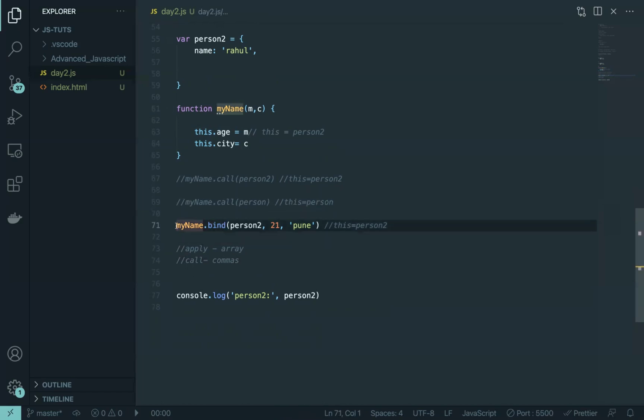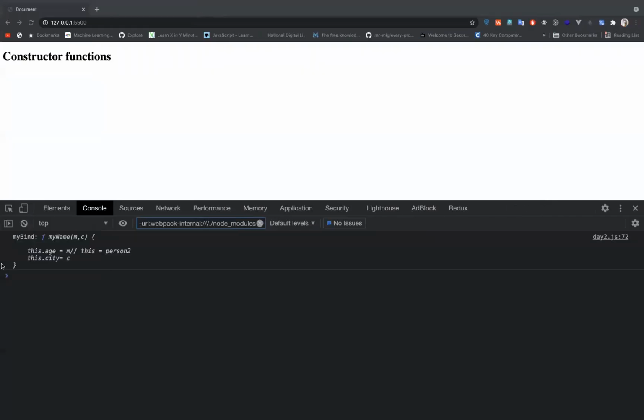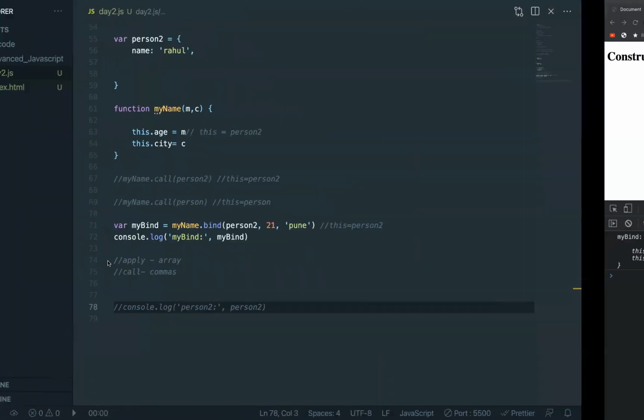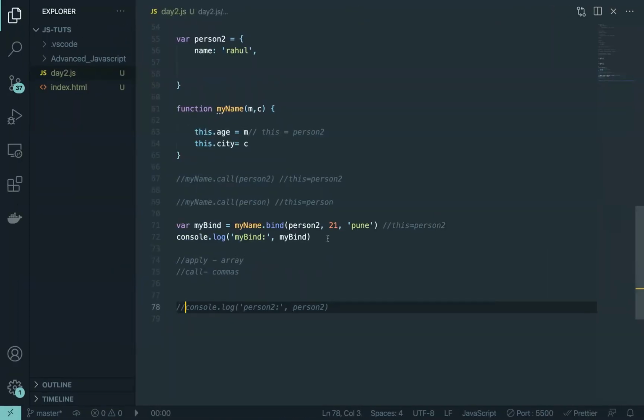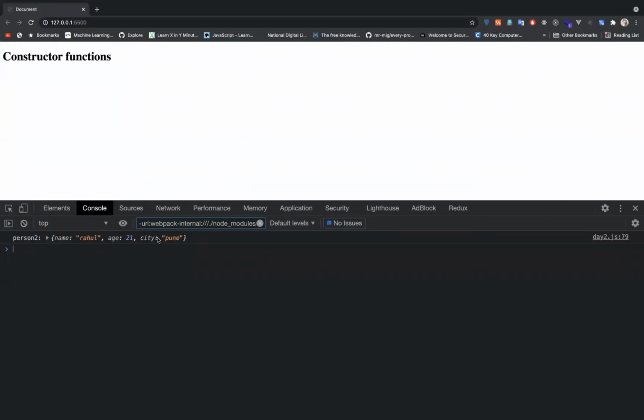So what we will try to do is assign a variable to it, or a better name would be myBind. And before doing anything, I just want to console.log it to see what bind is actually doing. If I do that, we should be able to see, okay, it is a constructor function and it has all the code that I have written. So it is a perfectly valid thing. But again, since it is a function, that means I need to execute it, right? And I'm not executing it. So if I just execute it and try to see now, it is doing that magic.